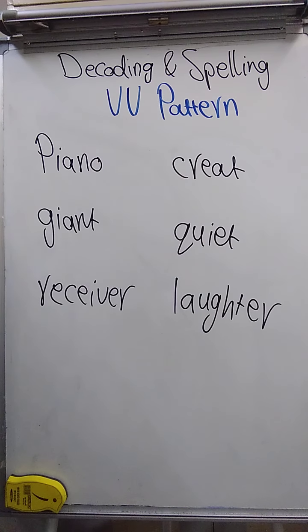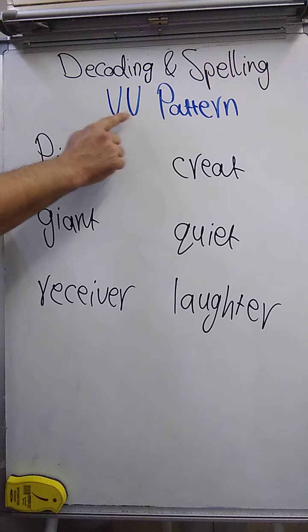So today we're going to talk about decoding and spelling. Actually we've merged the two lessons together because they're talking about the same idea and the same topic, which is about the VV pattern. So the VV pattern means, guys, when we have in a word two vowels